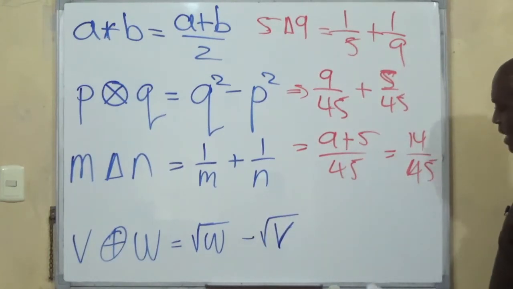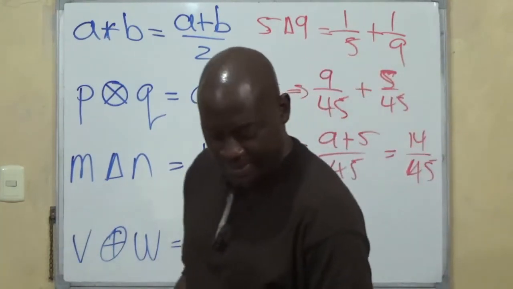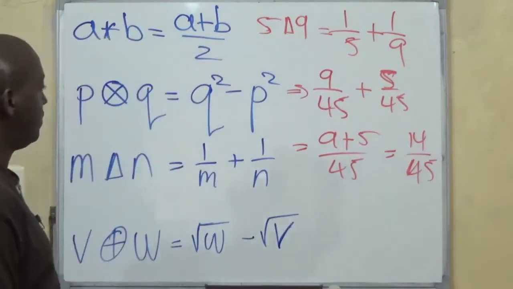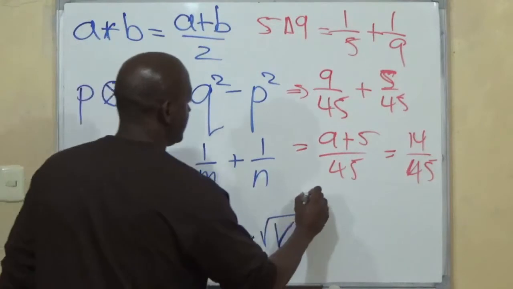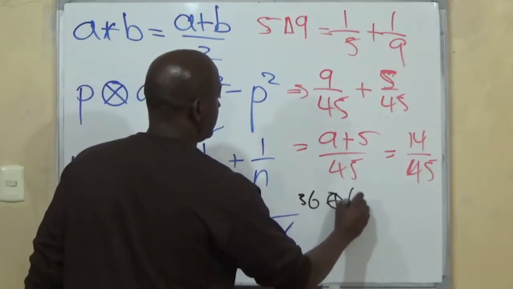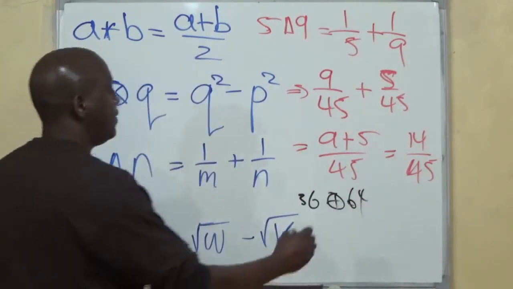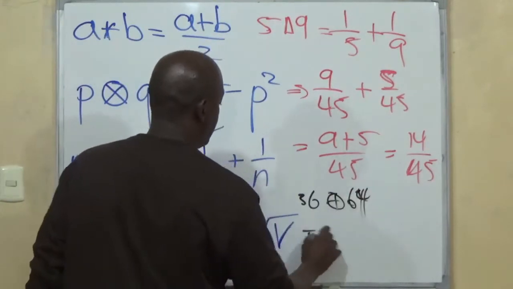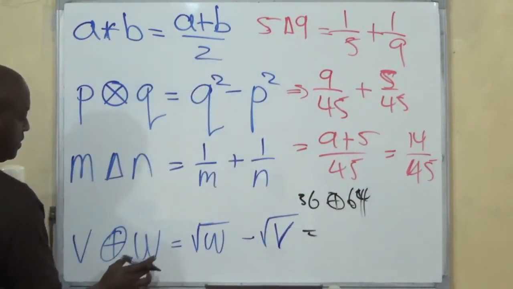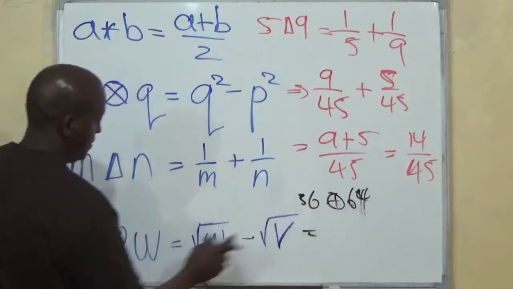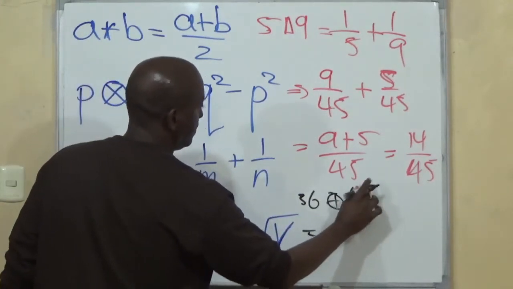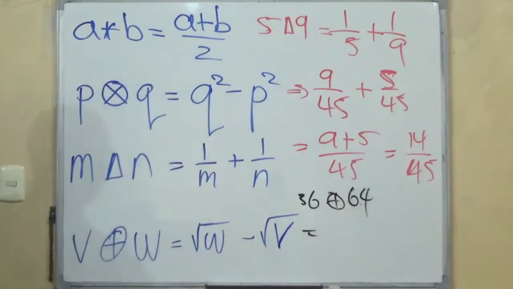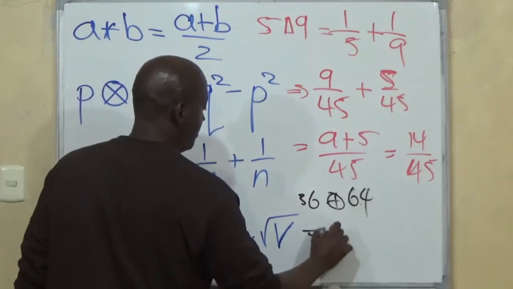So now I think we have enough space for that. 36 circle with the cross, 64 would be what? Let me switch it up to the black. 36 circle with the cross, 64 would be root for 64, right? Because the 64 comes after the operator, right? So this will therefore be root 64